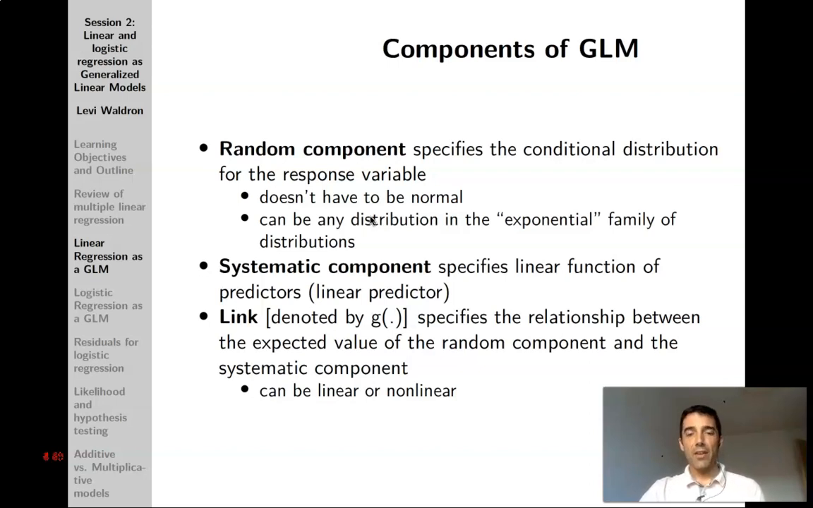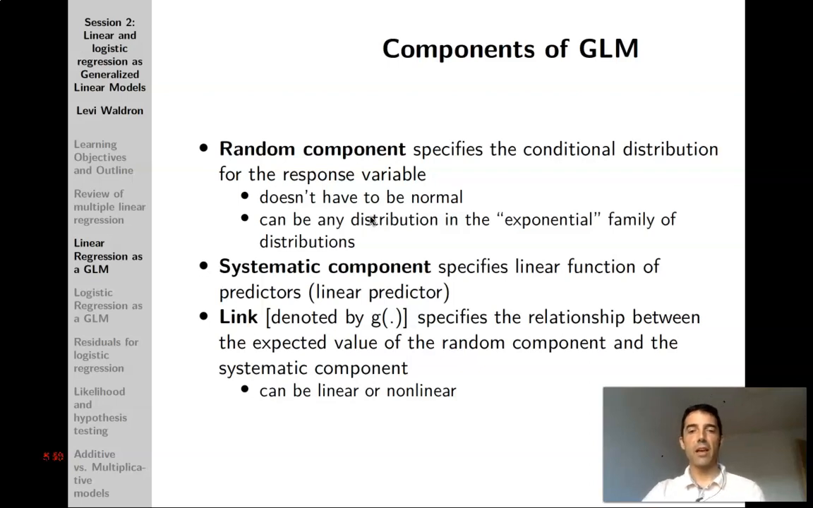So we again have the random component, which will represent just the way that we did before, which specifies the conditional distribution for the response variable. I call that the conditional distribution, meaning that it's conditional on the values of x's. So for one set value of x, this tells us the random distribution of y, the part that we cannot predict. And that can come from any distribution in a so-called exponential family of distributions,